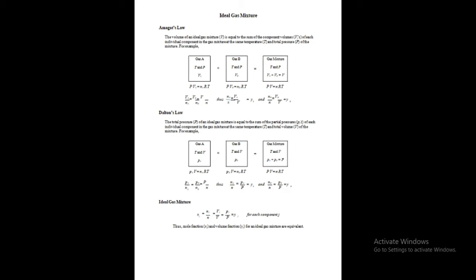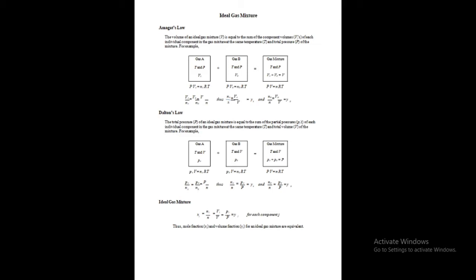From these three expressions, pressure, temperature, and capital R, the gas constant, are constant. Volume and number of moles are variable. So we do not include the constant values, we only take the variables, because the constant values are neglected or cancelled. So we consider VA by NA, VB by NB, and V by N. These three are equal.